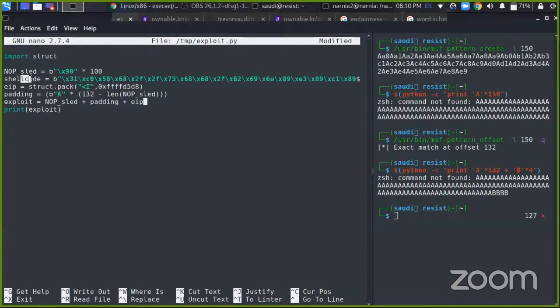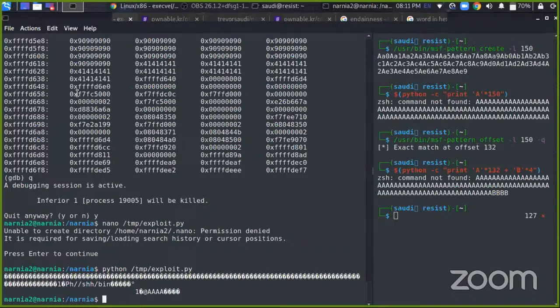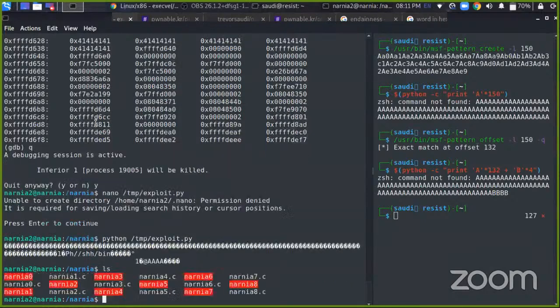So we add this to our code, add the shellcode, and then you adjust the exploit: 132 minus the length of the NOP sled minus the length of the shellcode. So let's try to run that again. Okay, if our exploit works correctly, we should get a shell. So let us try to run this as an argument to